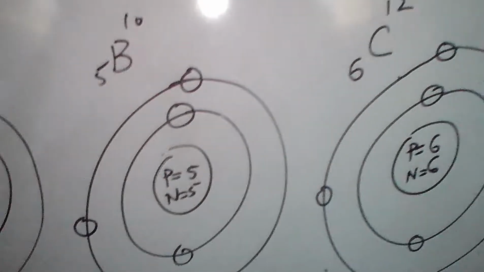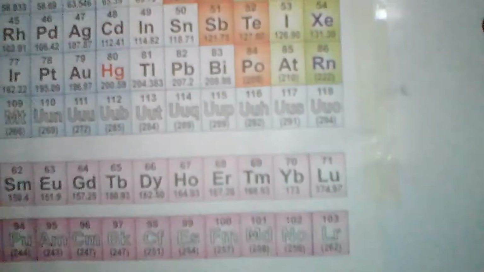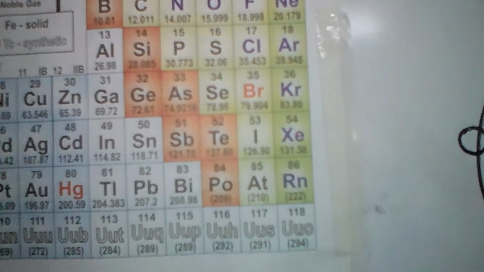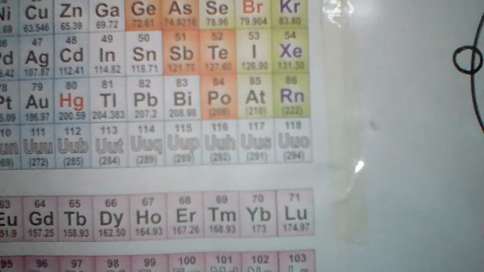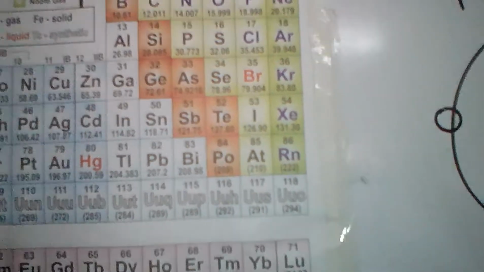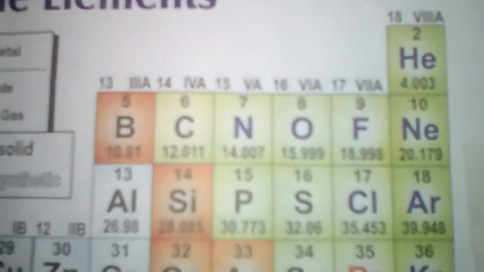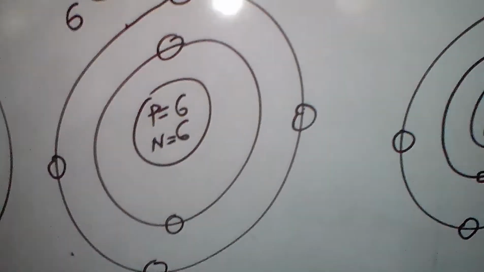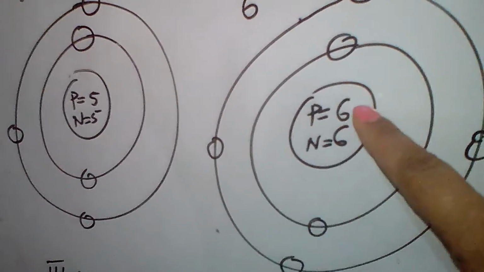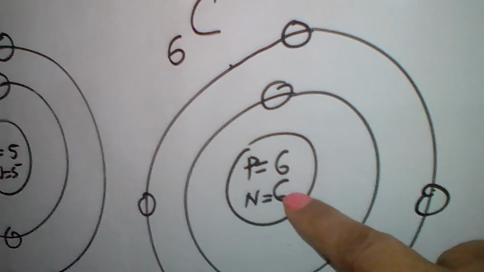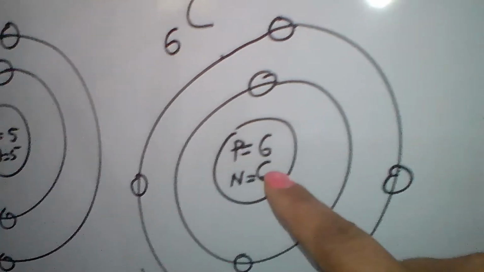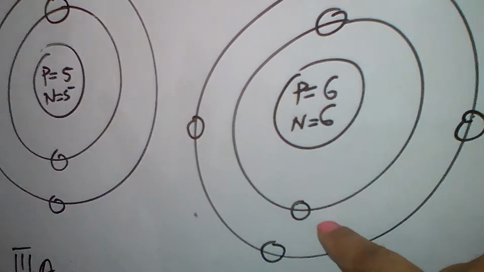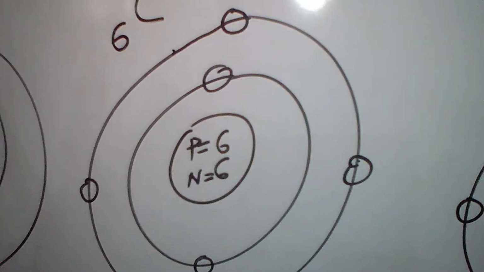Similarly, the fourth A group of the periodic table has carbon, silicon, germanium, tin and lead, that is stannum and plumbum. Carbon belongs to the fourth A group, meaning it should have 4 electrons in the valence shell. We can see the nucleus containing 6 protons and 6 neutrons. So, 6 electrons are present, 2 in the first shell and 4 in the second shell. So, elements of the fourth A group have 4 valence electrons.